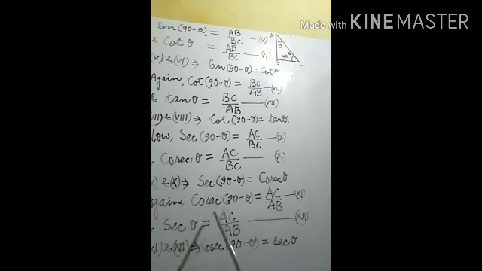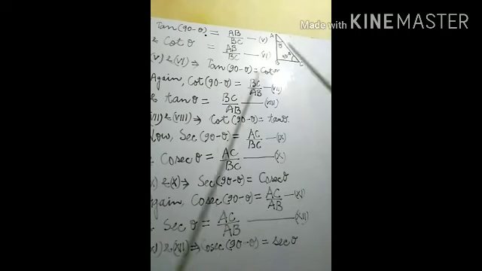So cosec 90 minus theta, and here 90 minus theta means we are talking about angle C. So for this C, BC is base, AB equals perpendicular, and AC is hypo. So cosec 90 minus theta equals the relation of AC to AB. AC to AB means hypo to perpendicular. Cosec is the relation of hypo to perpendicular. So cosec 90 minus theta equals AC upon AB.